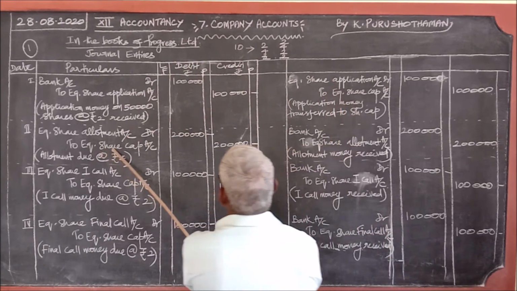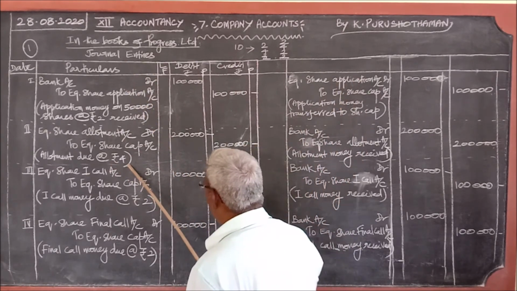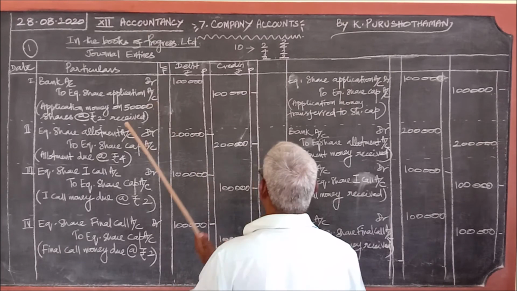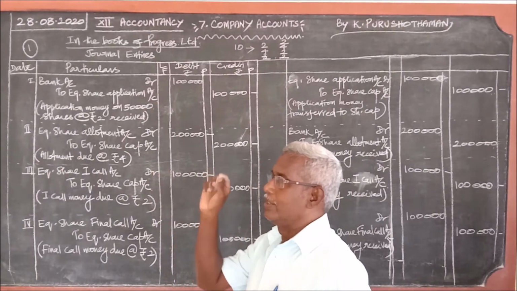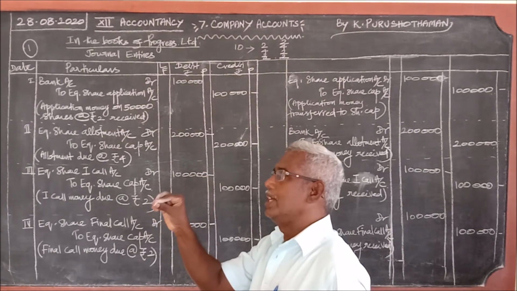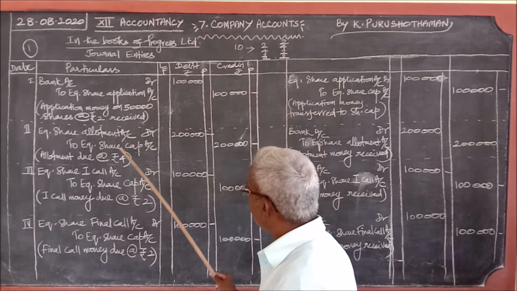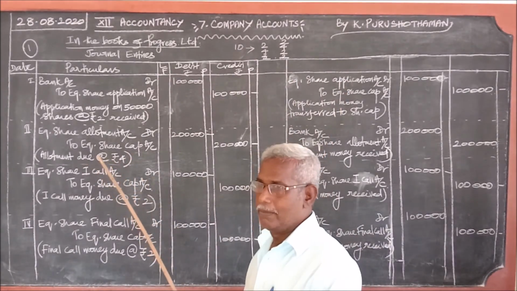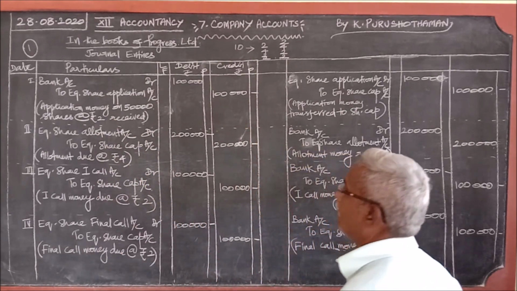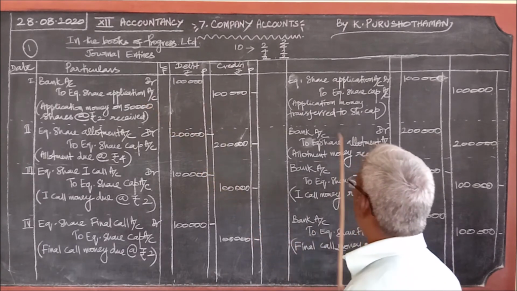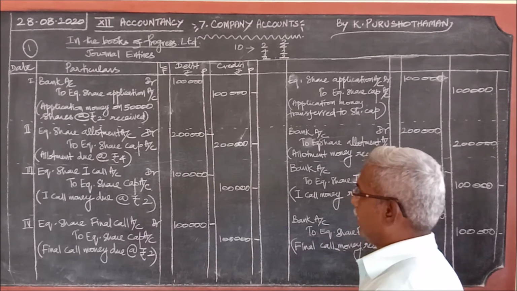If you switch over the sides, if this comes here and this goes there, you can write the second journal entry. The only thing you should remember is the name of the stage. Whichever stage you write, you have to change it accordingly. You should not write this application as it is here, because this is allotment. So you write equity share allotment account debtor to equity share capital account. This will come here, this will go there, and for the rest, the same.